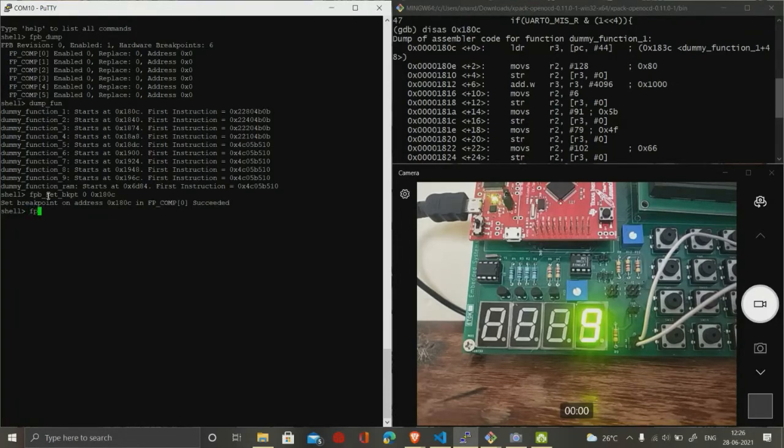Similarly, we will put a breakpoint at the beginning of function 2. Now we will also put the breakpoint at function 3.